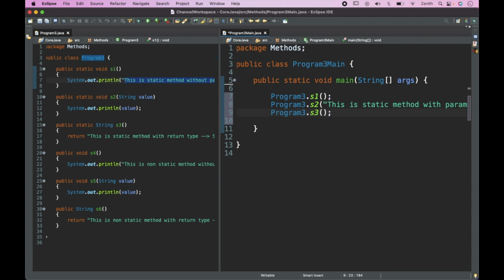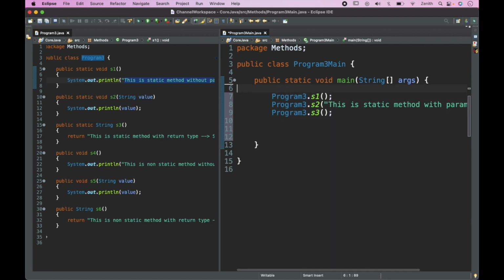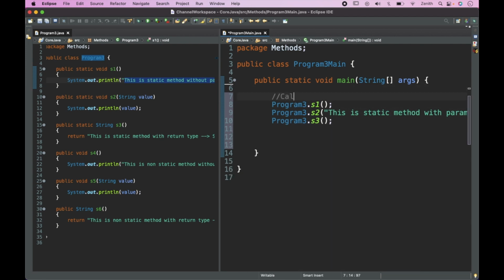So this is the calling of static methods, and here the calling of non-static methods. Now as I need to call the non-static method,